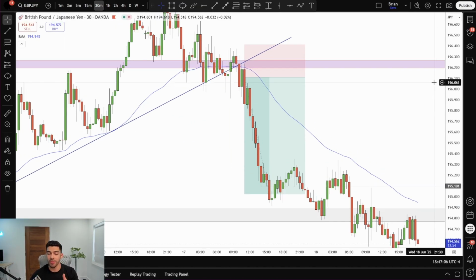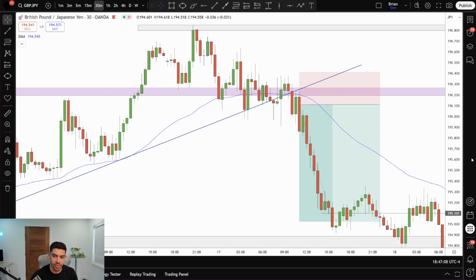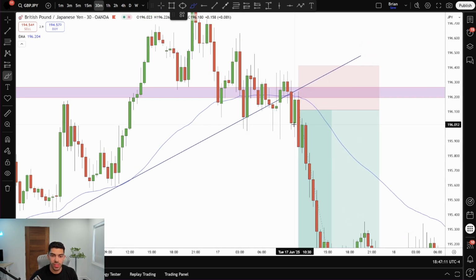What was my entry confirmation on this trade? Easy. The market closed below support with an engulfing candlestick. A closure below support with a shift of structure, and it's a major area of support with a trend line break, is a very, very clean entry confirmation. So I just simply set a sell limit. Price came up, retested resistance one more time, rejected off of the EMA, got me activated into the trade and